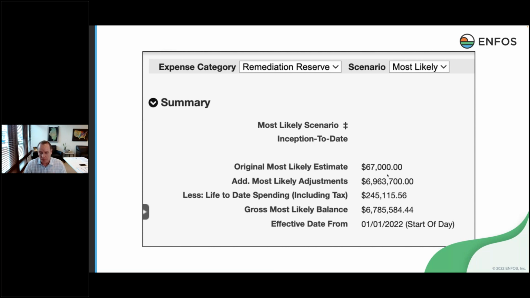Changes get made, as most people know, sometimes on a quarterly basis, sometimes on the annual deep dive, sometimes on a trigger event. We need to make the change now because something just happened. A regulator just made a decision, or operations said, you know, we got to get out there and get to this remediation now. But anyway, that's how that ties together within the ENFOS application.